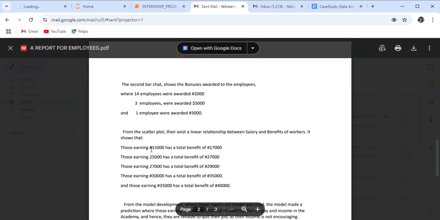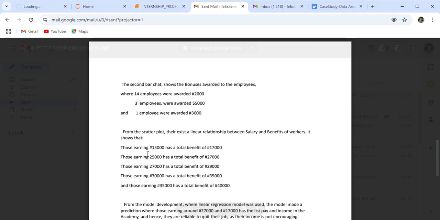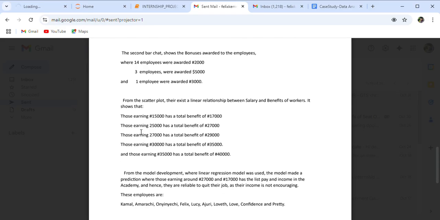It shows that those earning 15,000 naira have a total benefit of 17,000 naira. Those earning 25,000 naira have a total benefit of 27,000 naira. Those earning 27,000 naira have a total benefit of 29,000 naira. Those earning 30,000 naira have a total benefit of 35,000 naira,